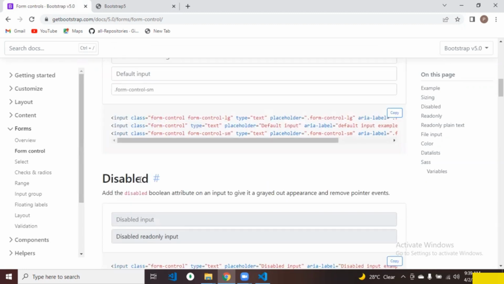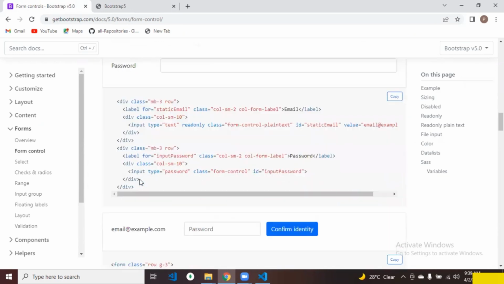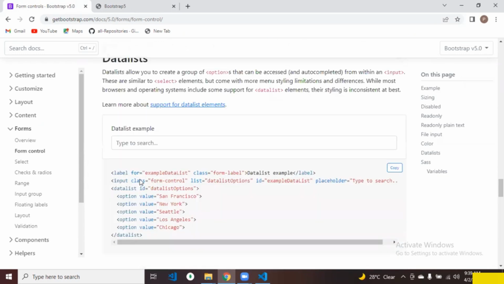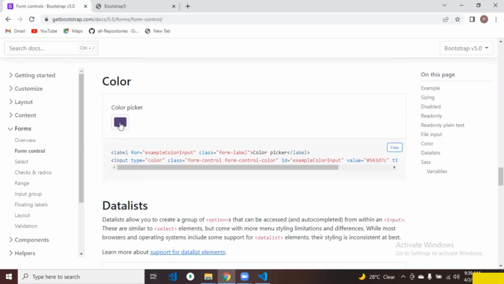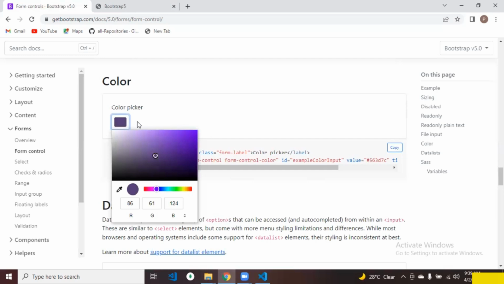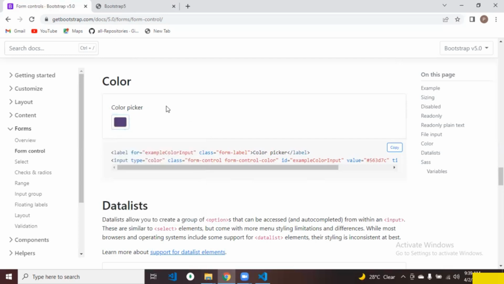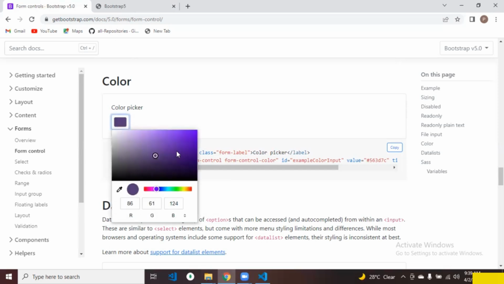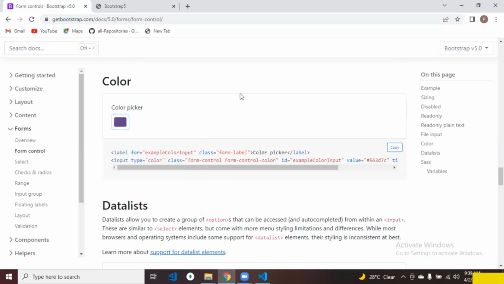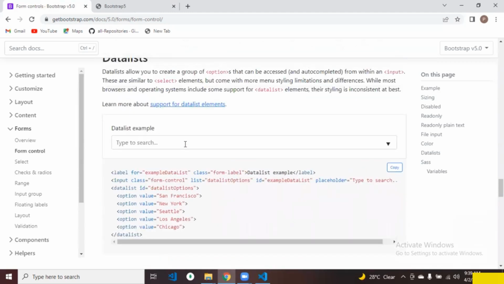Now we want some details. See, they have also made this color picker in a very different format, a very beautiful way. This color picker is very convenient to use now, and it looks very good. But we don't want this right now. What we want is details. Okay, fine. We have this details list. So we'll just copy the code,